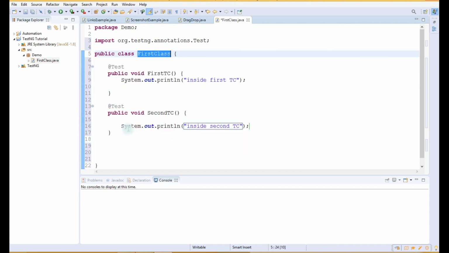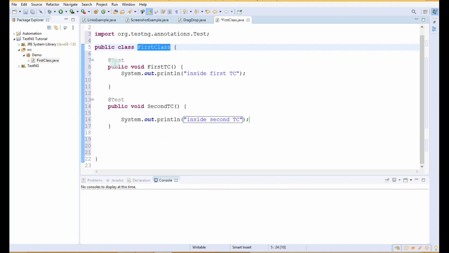So if we have more test cases, then we have to write them inside this class only, or we have to create another class and then we have to write the test cases inside that class. So using these classes we can segregate our test cases on the basis of functionality.